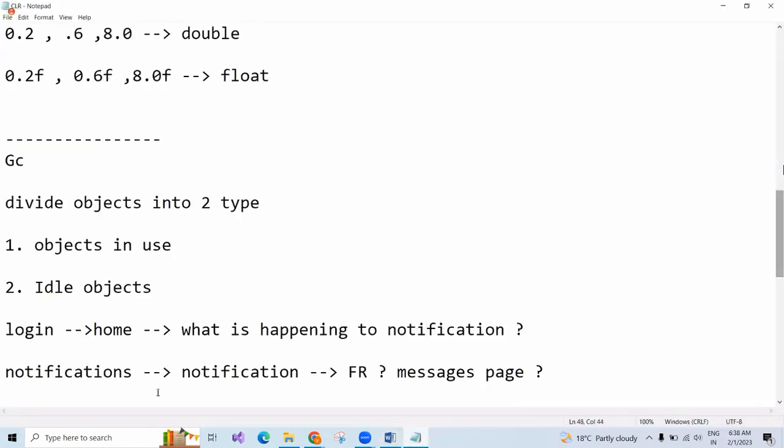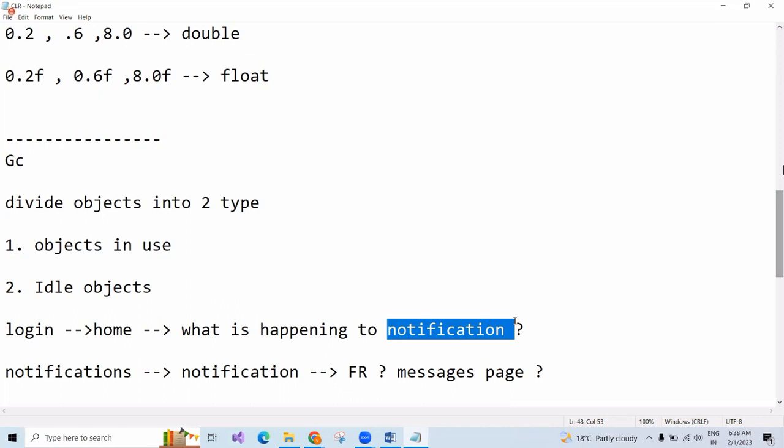See, now in Facebook we have login. When you click on login, what will happen? The home page will come. Now, will the notification page also open along with the home page, or parallelly?